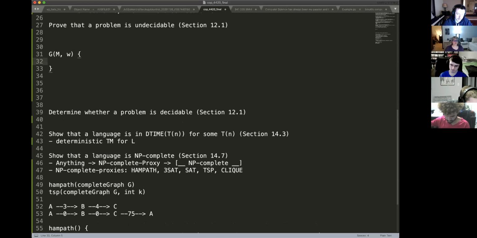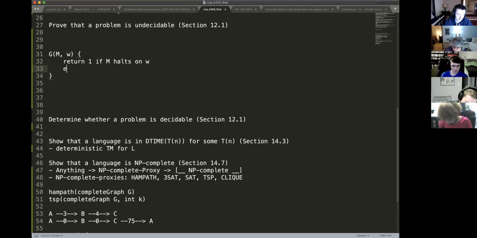And we can actually write the code for that. The pseudocode is going to return 1 if M halts on W, else return 0. Right? Do you all agree? Yes. Agreed. Cool. Now what they're saying, and it's probably not the best language to use, they say we can relax